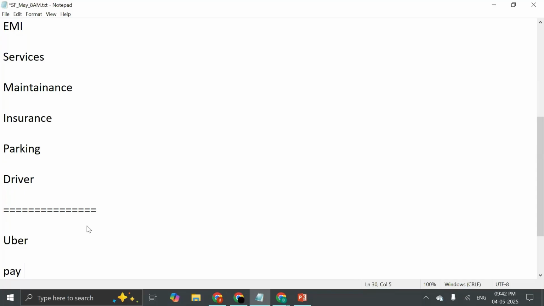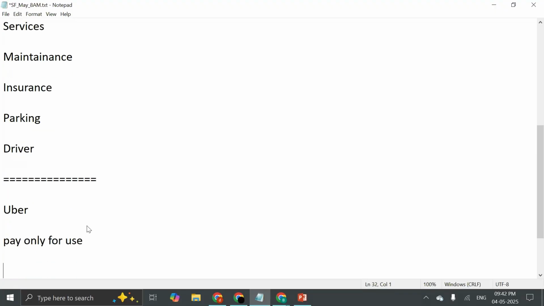You are going to pay only for utilization. You are going to pay only for what you use, right? And do you own anything here? Are you responsible for the EMI? Are you responsible for the services, maintenance, fuel, parking, driver? You are not worrying about all these things. You only book the service